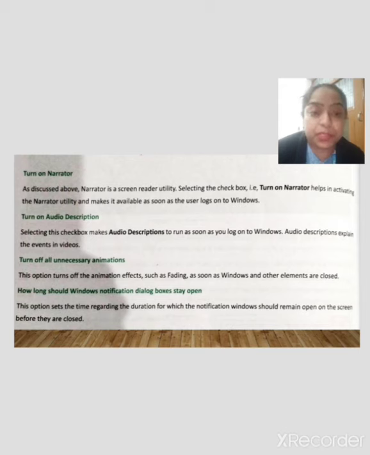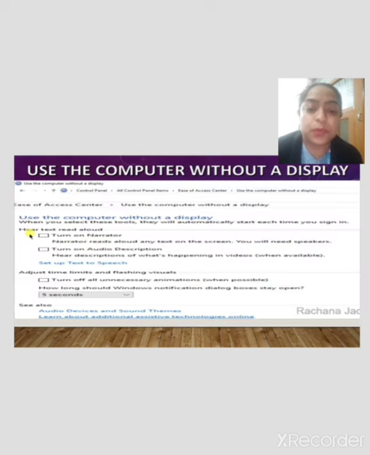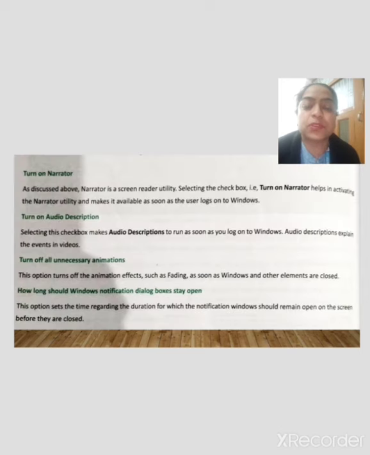If any person who is disabled is not able to read things in a proper way, for that purpose we use Narrator. In a similar way, if you want to use your computer without a display, first of all you turn on Narrator.